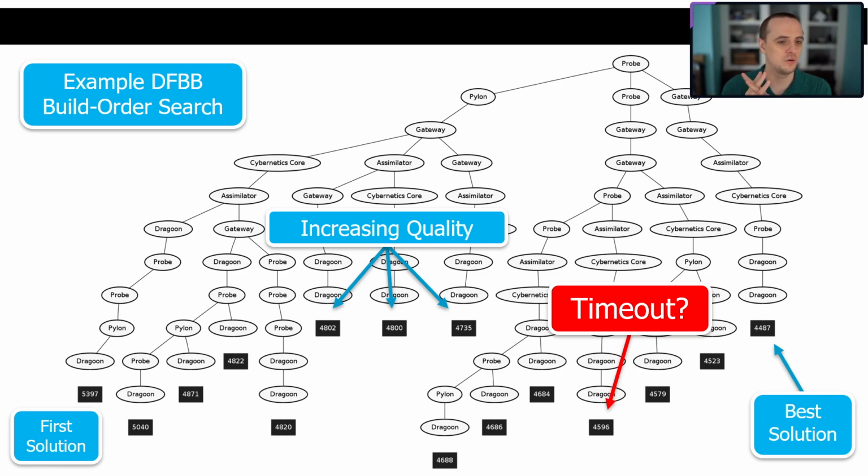Okay? So inside UAlbertabot, what happens is you start a search, you do everything else, like all the micro, all the building placement, everything else in the bot happens, and then it says, okay, how long did all that stuff take on that frame? I'm going to take 50 milliseconds, subtract the amount of time that I used on other systems, and use the remaining time within that 50 milliseconds to go toward the search.